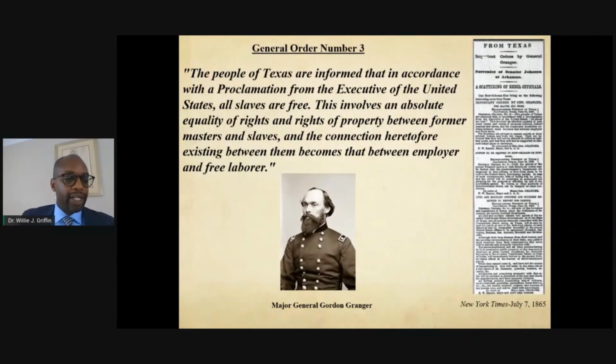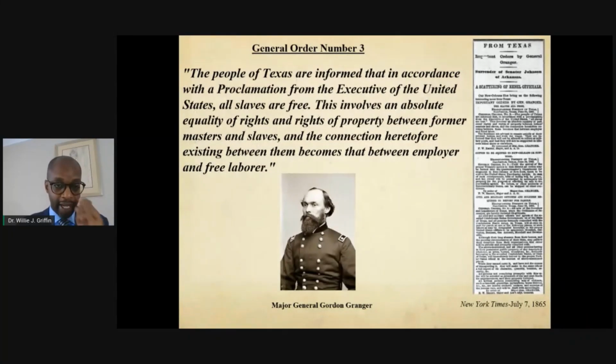So learning about the history of Juneteenth can help illustrate the complexity of this time in our history. Most Americans believe a more simplified narrative about the end of the Civil War or the end of slavery, that it just happened, and that there's really no need to thoroughly examine this period, which couldn't be further from the truth. So now to June 19th, 1865.